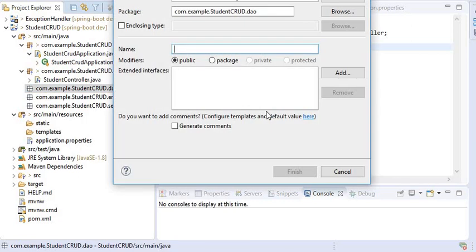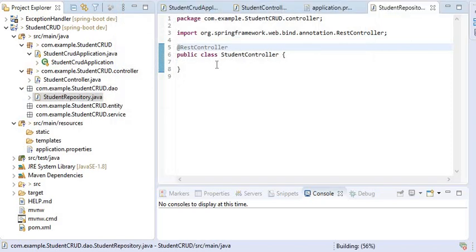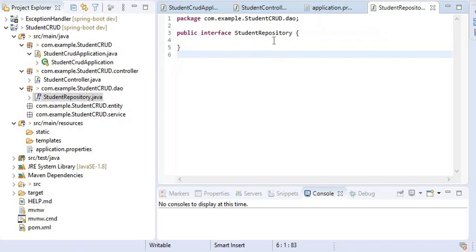Here I will use Spring Data JPA. So here I will create a student repository interface, and the student repository interface will extend JpaRepository.